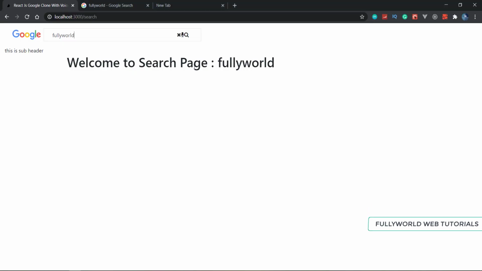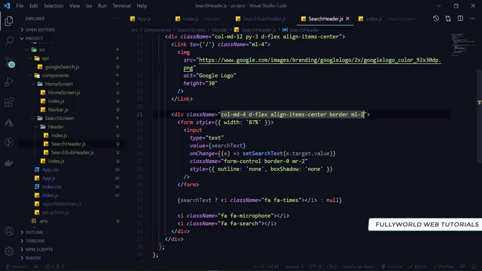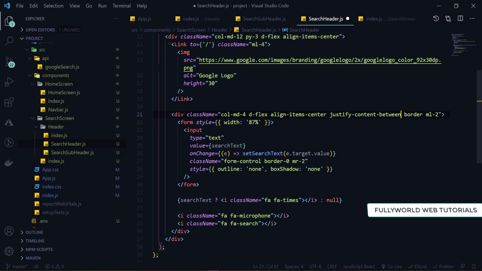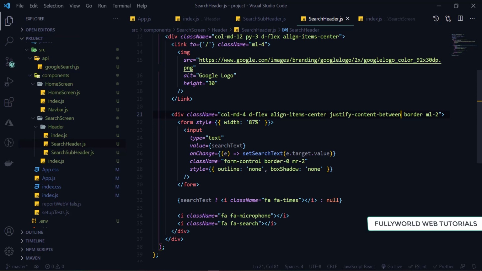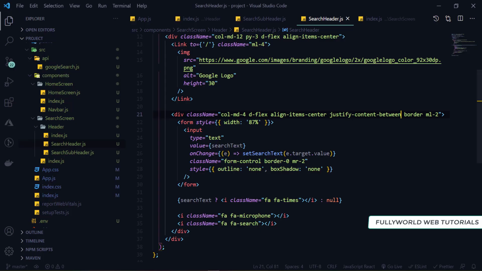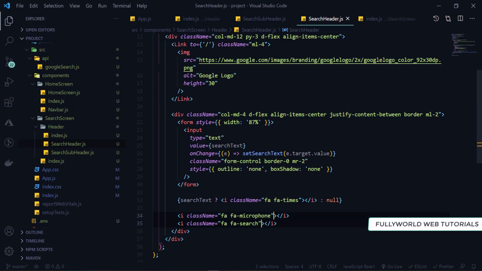And let's see. So see that now these are looking good, and we have to apply our cursor pointers also to all those. I'm going to write cursor, sorry, style will be there, style cursor to pointer. Save it, and now let's see.